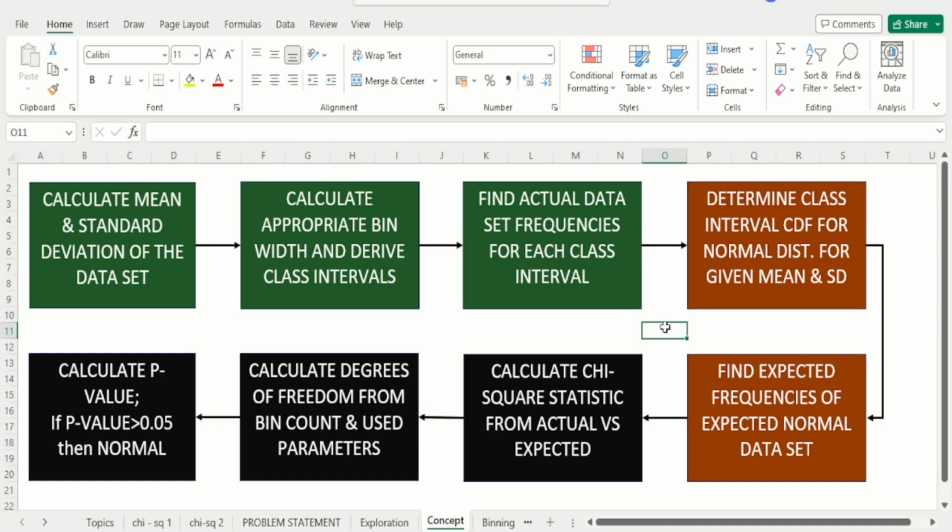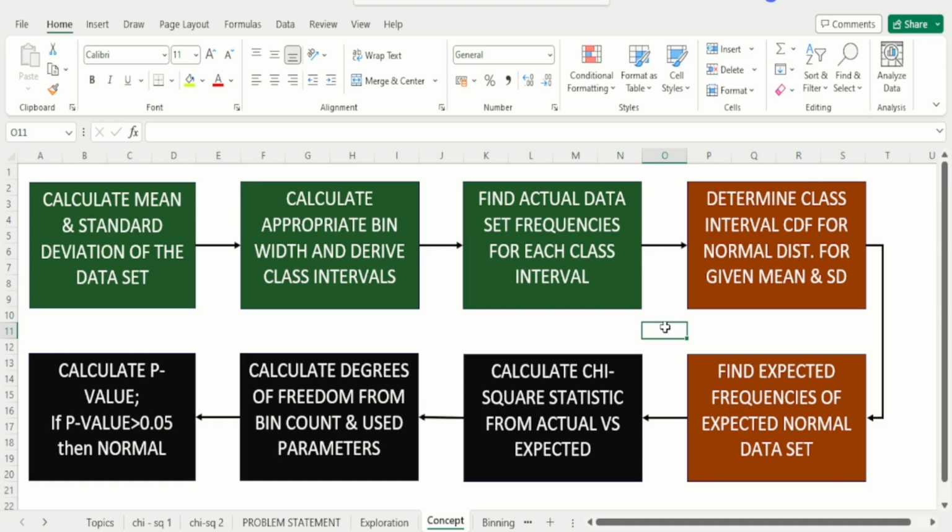Okay, and the H alternate is that the data set is not normal. So if your p-value is greater than 0.05, then you can say that we can infer. Remember that this is statistics. You're not proving anything. The only thing that you can do is infer, draw conclusions, but